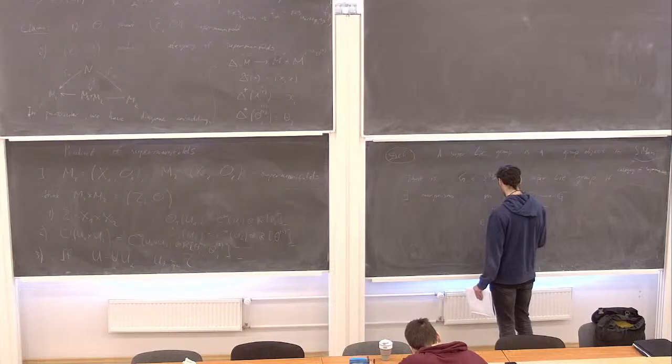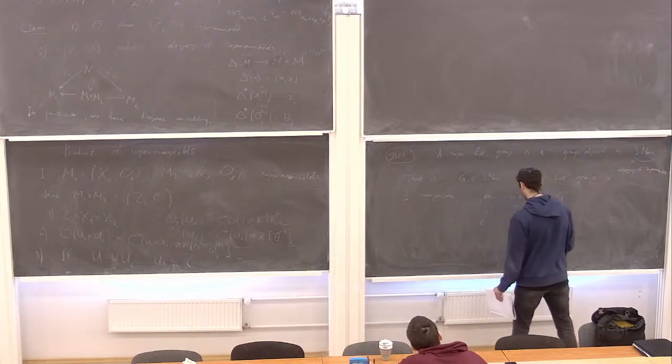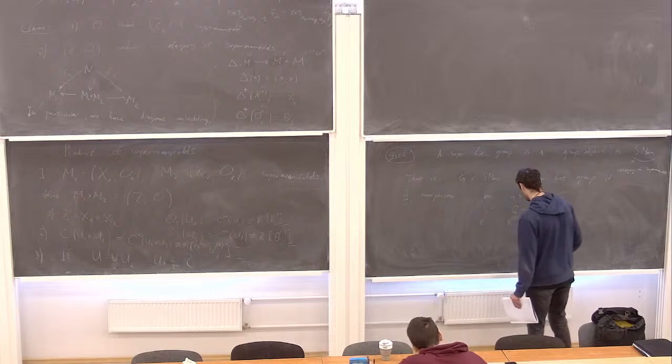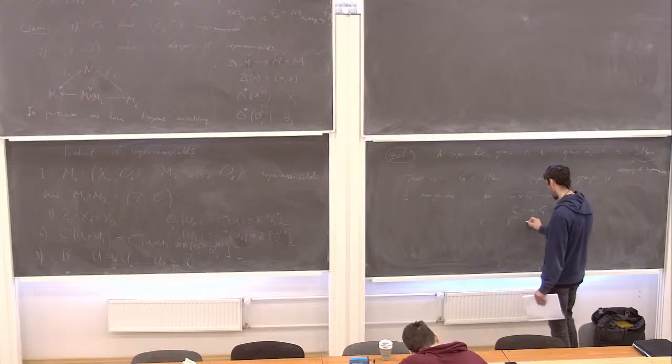So this is from the point, which is really R^{0|0}, to G,